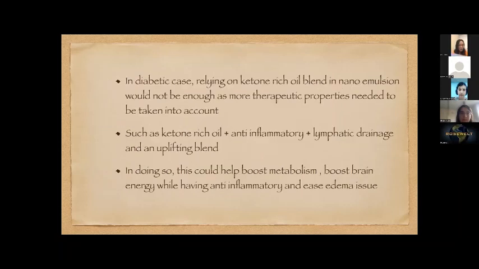Weaknesses versus insufficiencies. In the spectrum from insufficiency to weakness to fully charged mitochondrial activities, ketone-rich oil dosages decrease with the increase in metabolism until an equilibrium constant is achieved. So in an RA case, you need more ketone-rich oil, but in a diabetic case, the dosage is much less than for an RA person, but you need to consider other oils that have the properties that I have mentioned.